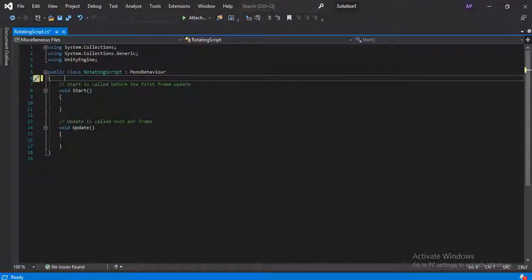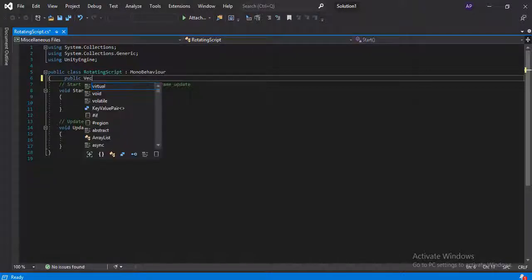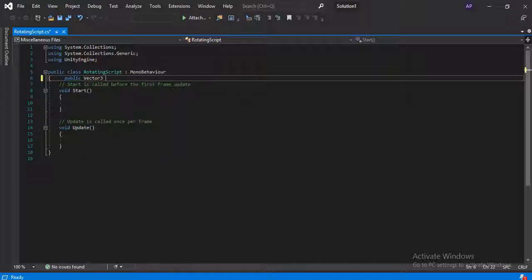So for that I just type here public Vector3 fly; semicolon.